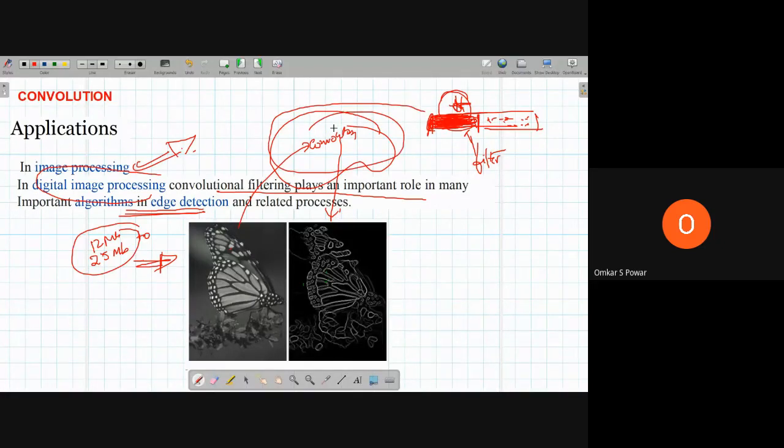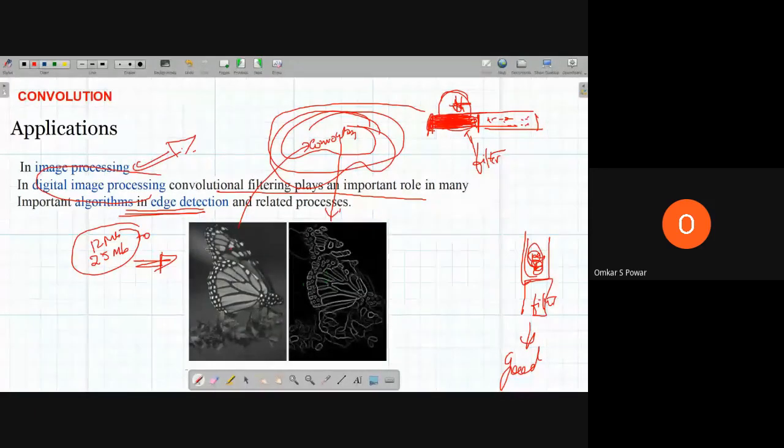So convolution is just a filter. Let me take the example of some water here. This water is polluted. If you want to clean this water, what will you do? You will use a filter and you will get good water. In the same way, this convolution is also like a filter. It can act as a filter, and it can take only the major components which are required for our process. So as I told you, the butterfly image is of 12 MB and 24 MB.